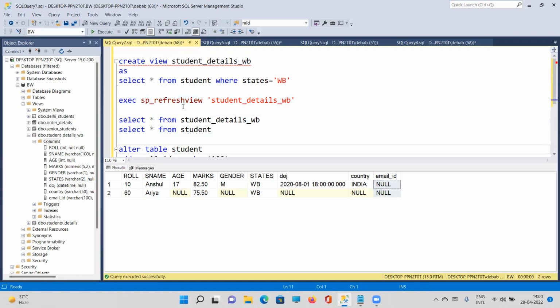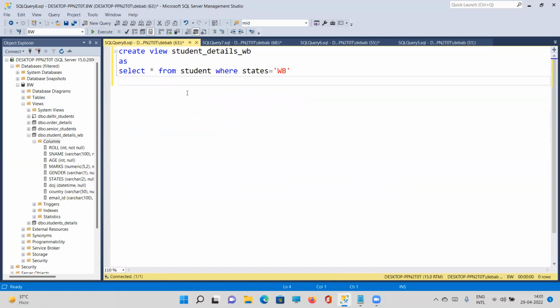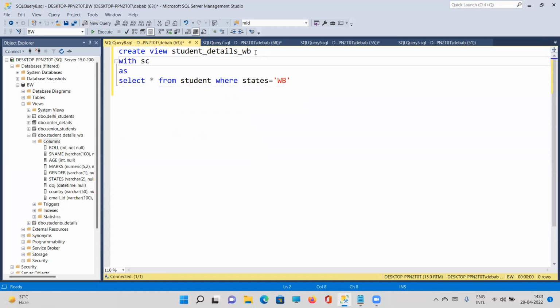But it is very annoying that I do not know someone is changing the definition of the table. So it is very annoying. So next time what I will do, I will use an option like schema binding. So if you use an option like WITH SCHEMABINDING, not with a space, I have to write it this way. So with schema binding, if you try to change your